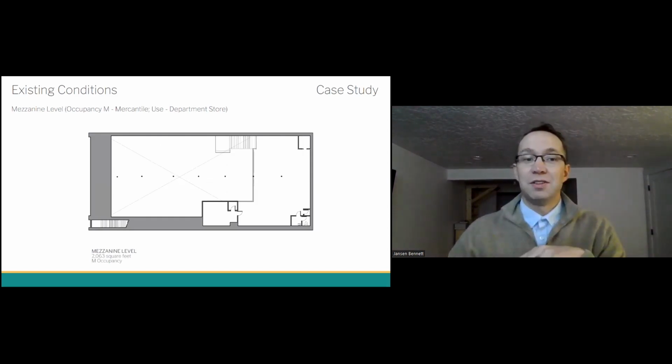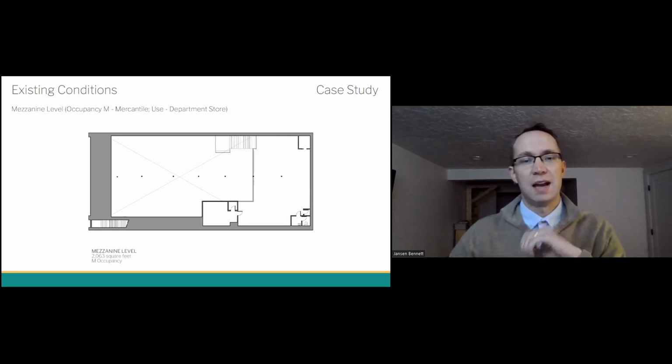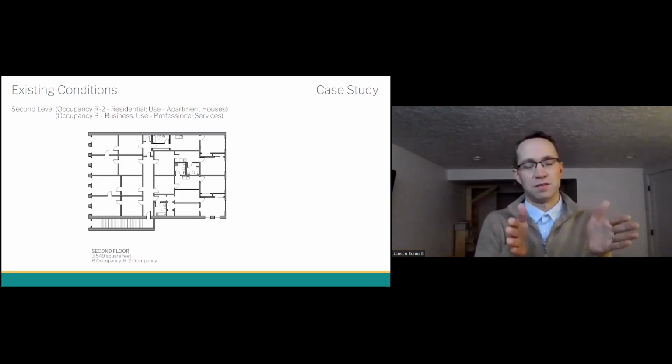On the mezzanine level, with the sales floor below, there's additional sales floor space here, a changing room, a restroom, and a mechanical and furnace area. And then on the upper floor, which only takes up a small portion, it's smaller toward the front than